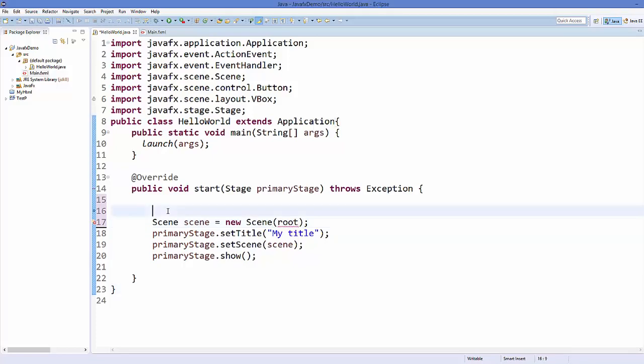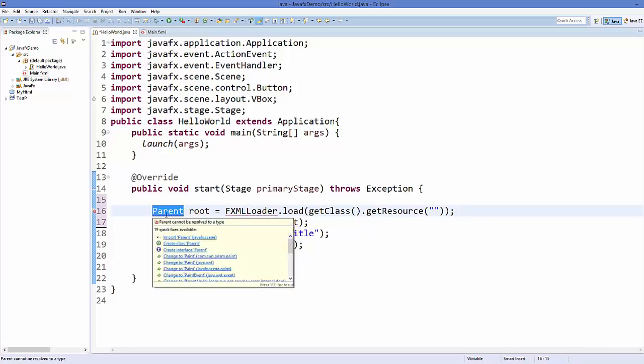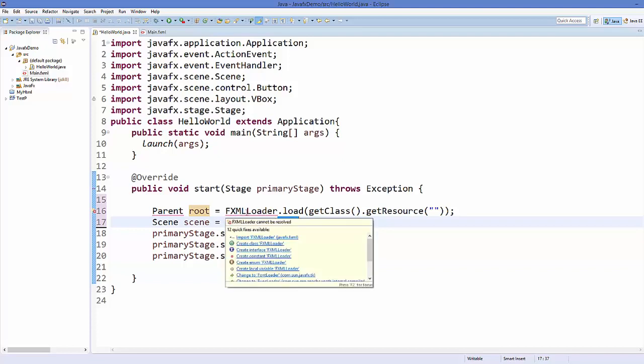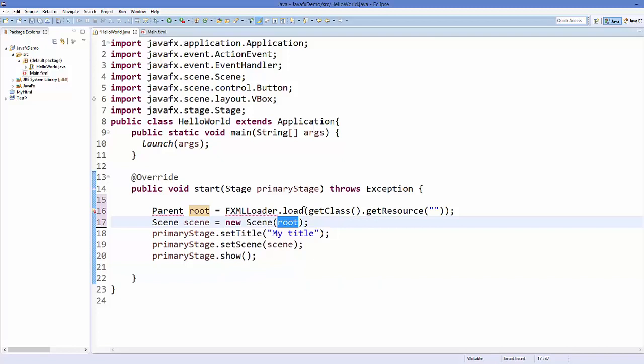And now what I'm going to do here is write this code which is parent, which is a class, and give the object name root, for example, which is passed here in the scene, and then is equal to fxml loader.load, and inside the bracket write the code get class dot get resource, and inside these double quotes we can give the location for our fxml file. Okay, so our fxml file name is